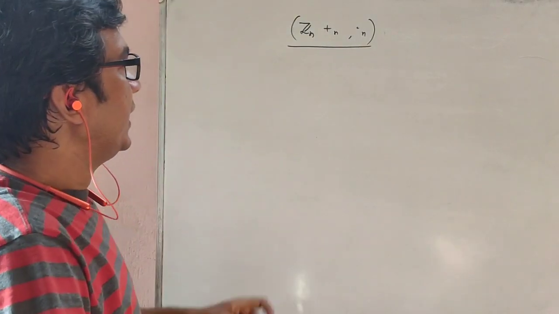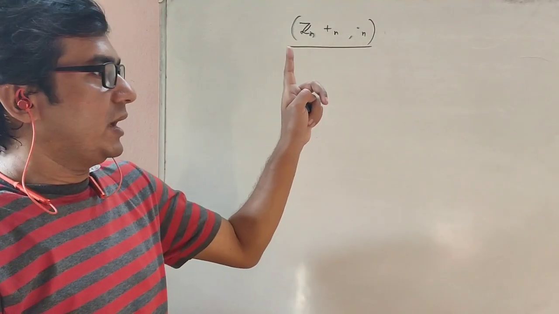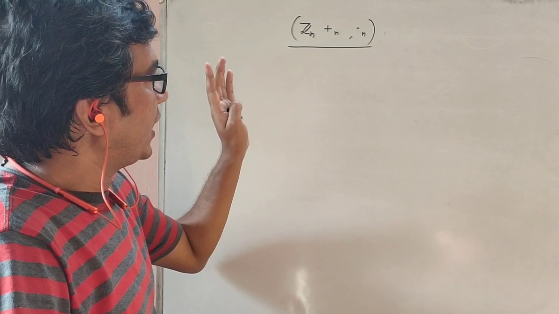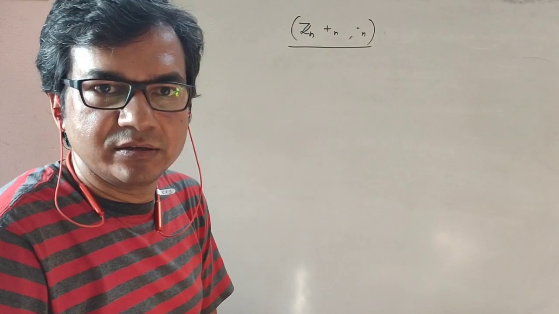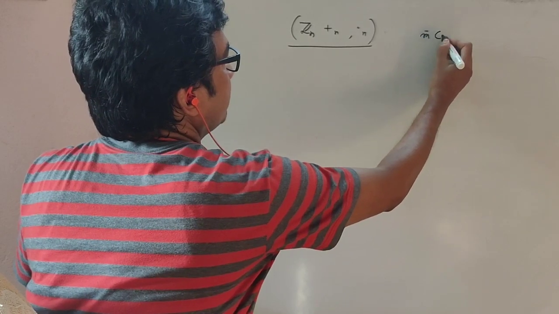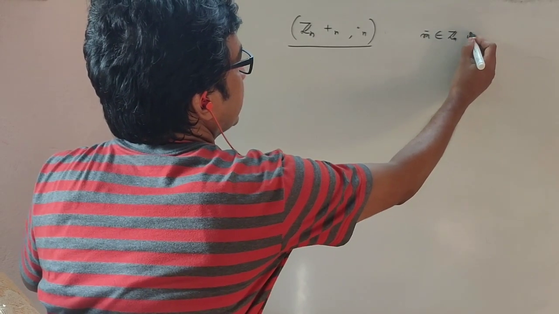Okay, and in this ring an element m bar belongs to Zn is